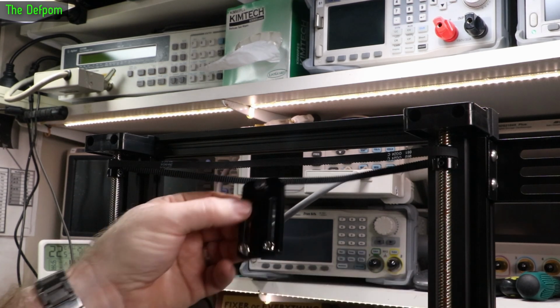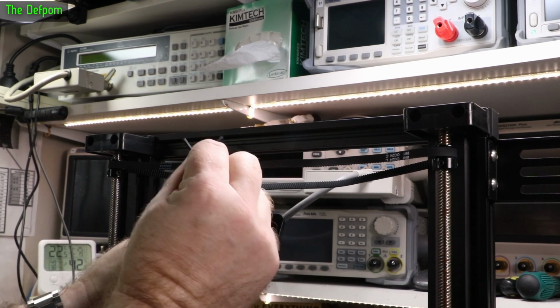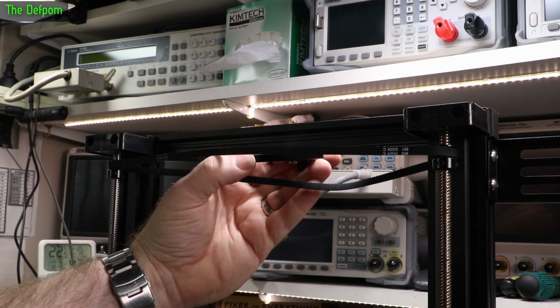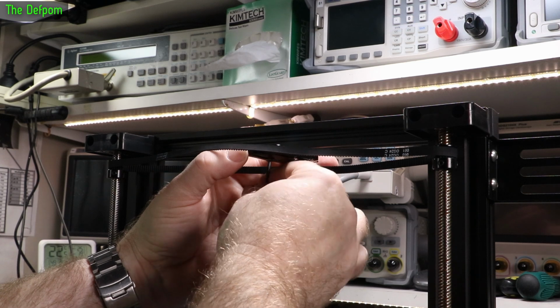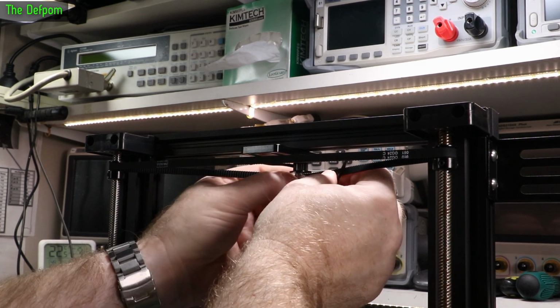Now the idea of these little T-slot nuts is that you put them in sideways and they go into the channel, go along the channel, and then they turn and lock in. I'm not going to worry about hooking the belt on yet because I'm going to adjust it anyway. The first thing is to get the T-slot in and turn it, and it should lock in. Sometimes you need to give them a bit of wobble around to get them in the right place. So let's put the belt on